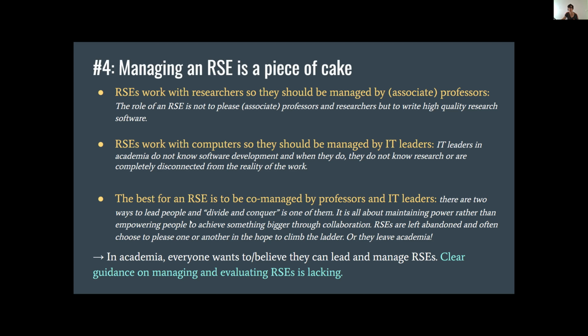In terms of academia, I think we need to clarify how we can manage RSEs and how they can be evaluated. We have seen in some of the talks the question: do you write a paper when you publish a code, or do you have a separate paper just for the code? This is very important in terms of evaluation. What are the criteria? How do we know you have done a good job? How do we know you can reach the next level? It means we need to have a next level. So all these different things, I think we need to clarify.